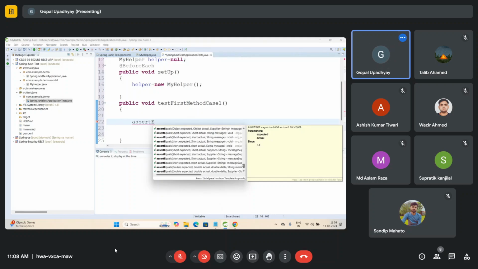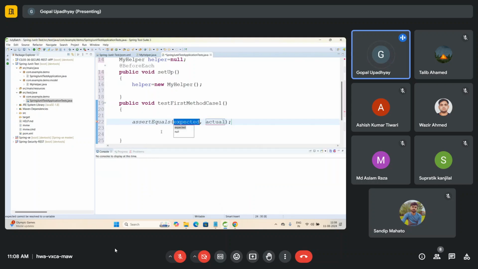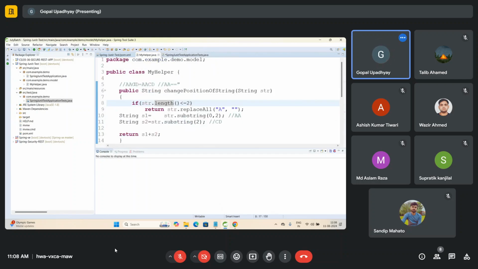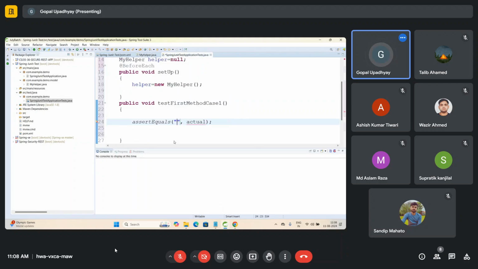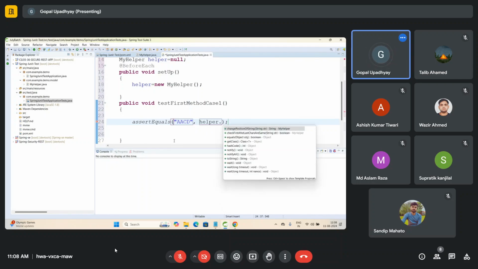Everything is overloaded. Now I can just pick assertEquals. And based on the parameter, suppose I give AACD, I should expect AACD only. So let me say AACD, and this is what I'm expecting. And my actual is helper dot,